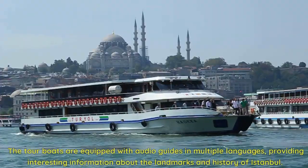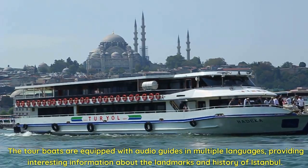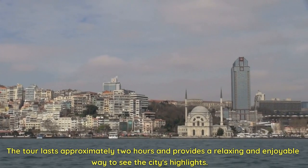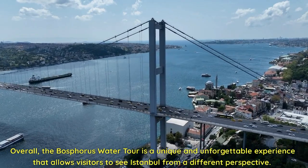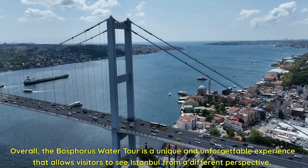beauty. The tour boats are equipped with audio guides in multiple languages, providing interesting information about the landmarks and history of Istanbul. The tour lasts approximately 2 hours and provides a relaxing and enjoyable way to see the city's highlights. Overall, the Bosphorus water tour is a unique and unforgettable experience that allows visitors to see Istanbul from a different